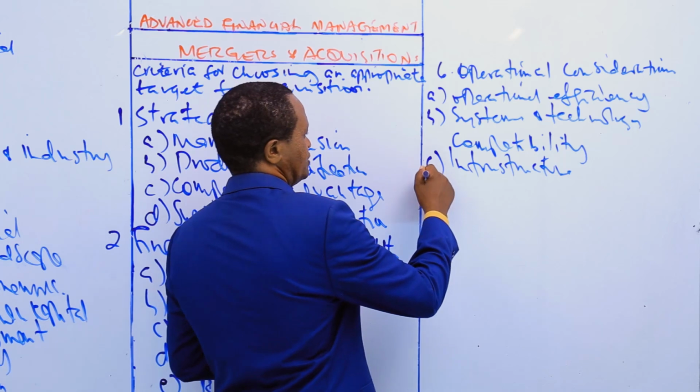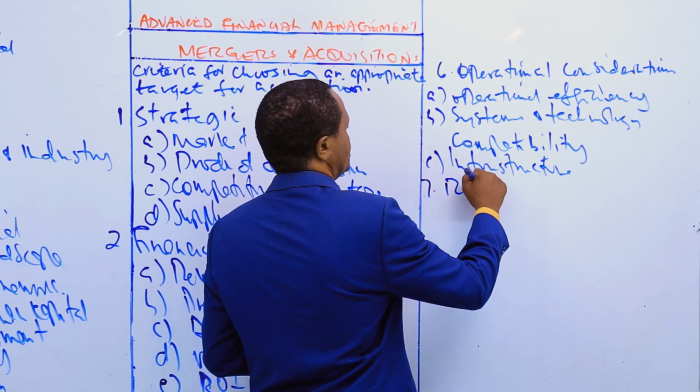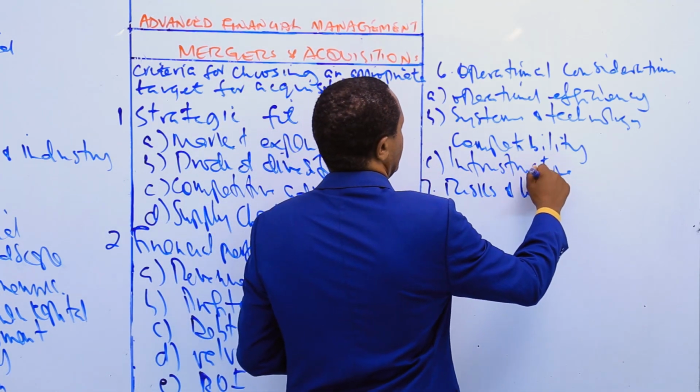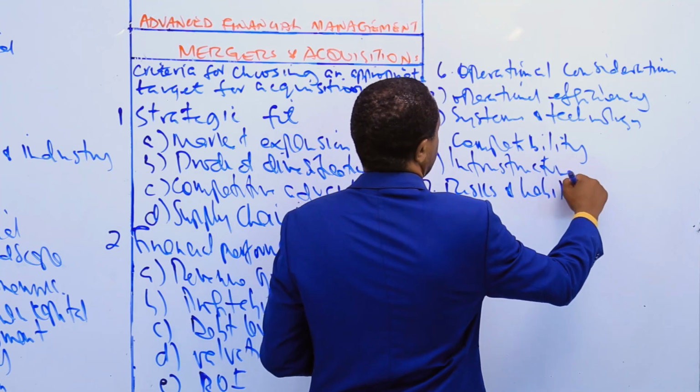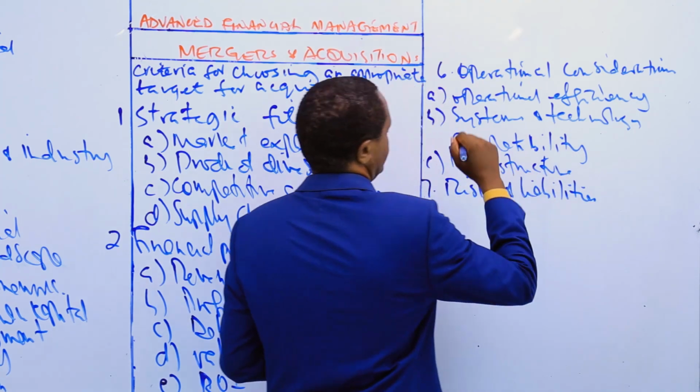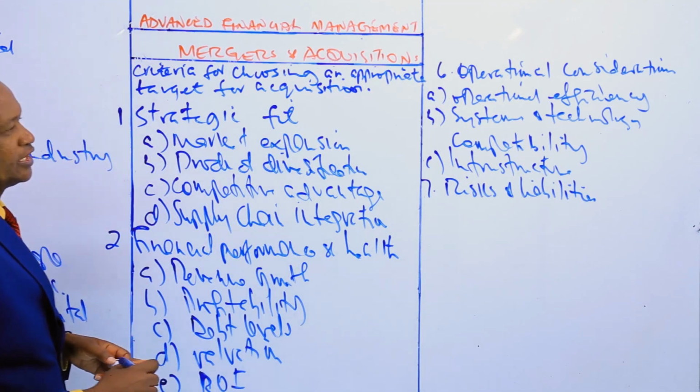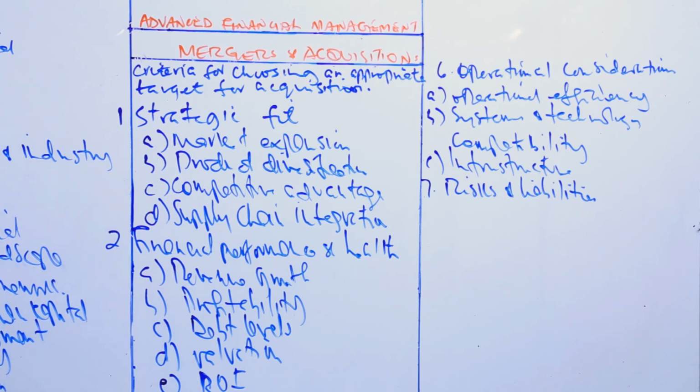7, risks and liabilities. Risks and liabilities is the 7th criterion. The acquirer should conduct thorough due diligence, which is essential to identify and assess all potential risks,